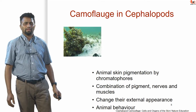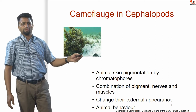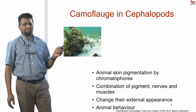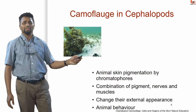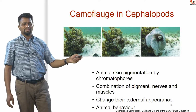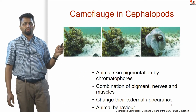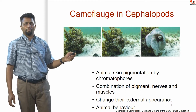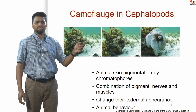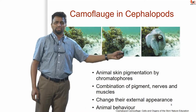The classic example is an octopus, and what you are looking at in this image here is some seaweeds and some corals, and this is the sandy bottom of the ocean. What you do not see right now, or maybe some of you already know the answer, is that if you wait for a bit, this animal was always there. So, maybe if you go back to the first picture in this video, which I grabbed from the internet, this guy here was camouflaged to adapt to his or her background, and eventually once detected, it changed color and